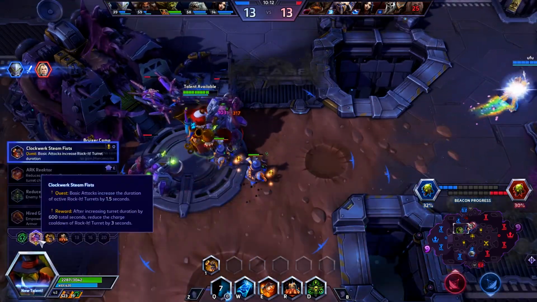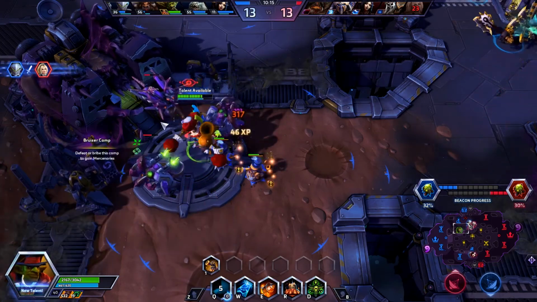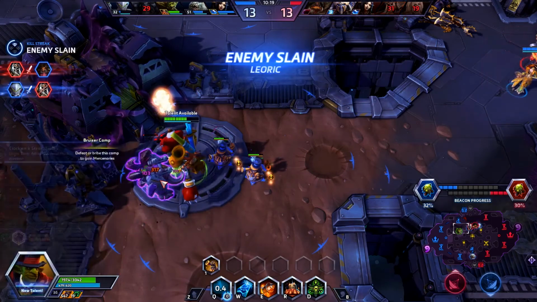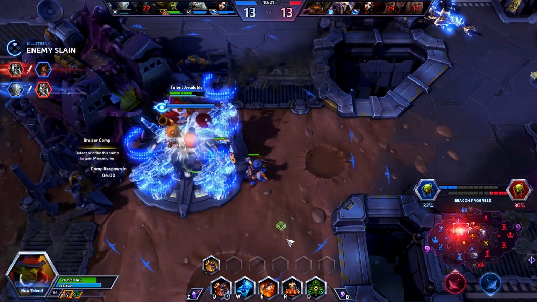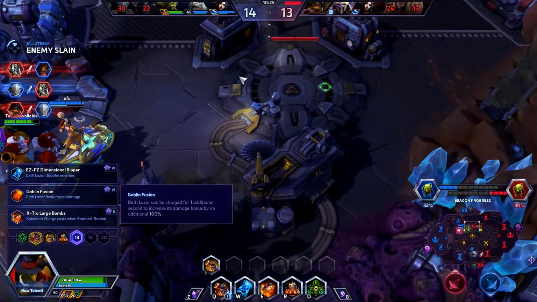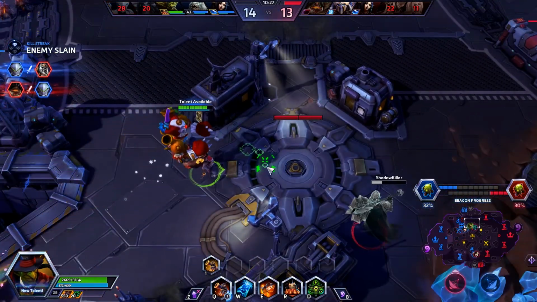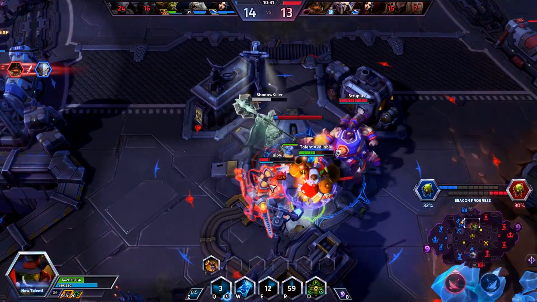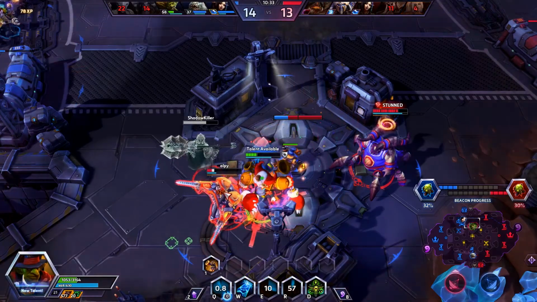Also, we are not really done with our Clockwerk Steam Fists, which is kind of sad, kind of makes me upset. But what this talent does is whenever you auto-attack things, the duration on your turrets gets extended by 1.5 seconds. So as long as you keep attacking, you can have basically infinite turrets, which is obviously very...